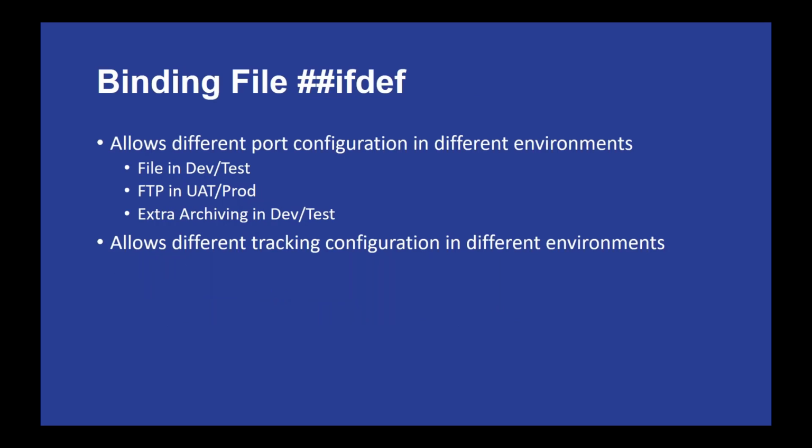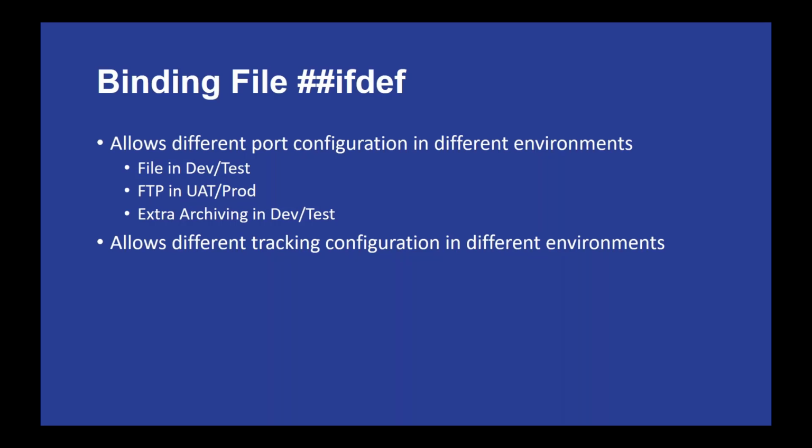So here's what the ifdefs will do for us. Allows different port configurations in different environments. So I can have a file in dev and test and FTP in UAT in production. I can have extra archiving, and this has been really helpful on a project I'm working on here in Melbourne, is that basically in production, we don't want to archive all these files coming back from their warehouse management system. But on dev and test, I definitely do, because that allows me, and UAT, to see what came back from the warehouse management system that might have caused the map to fail and things like that